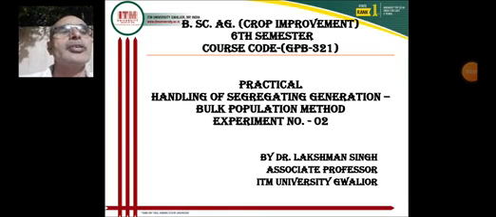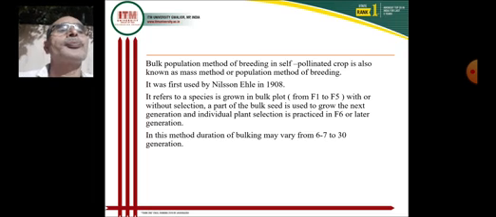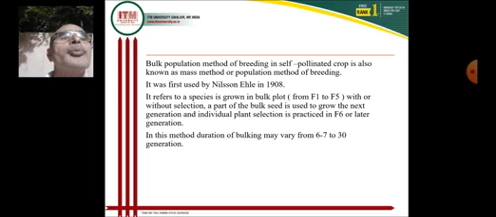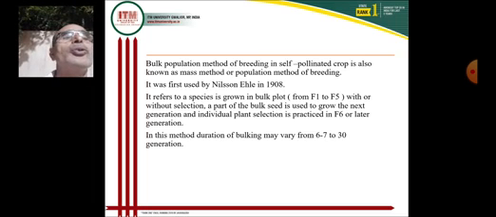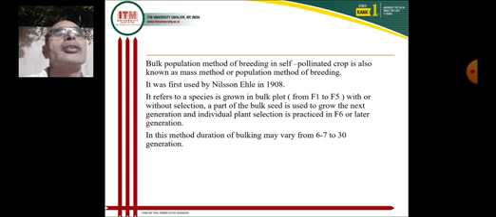Hello students, in this video we will discuss the bulk method, which is used for handling the segregating generations. The bulk population method of breeding in self-pollinated crops is also known as the mass method of population breeding. This method is used in self-pollinated crops